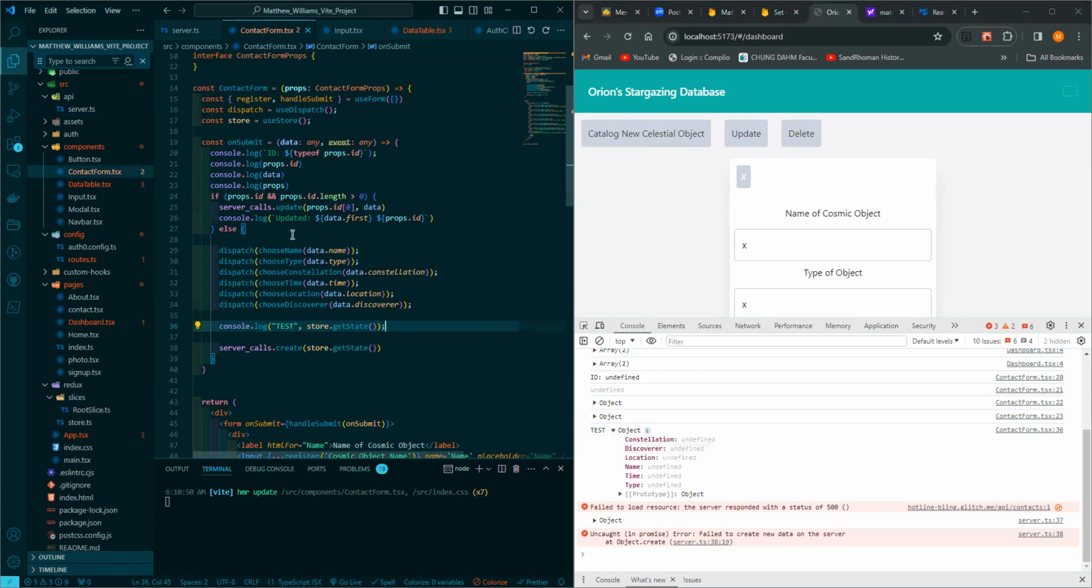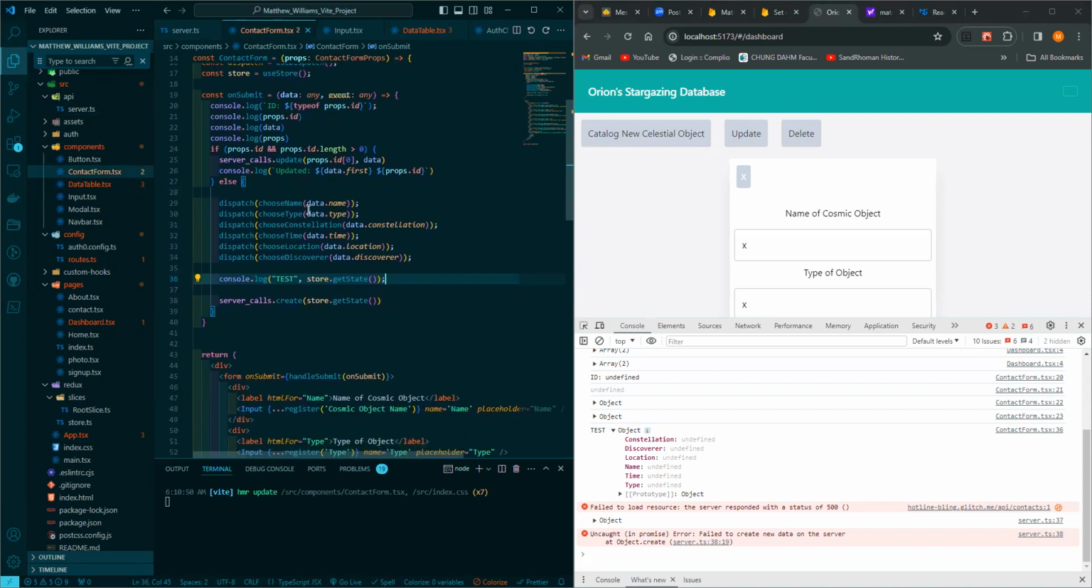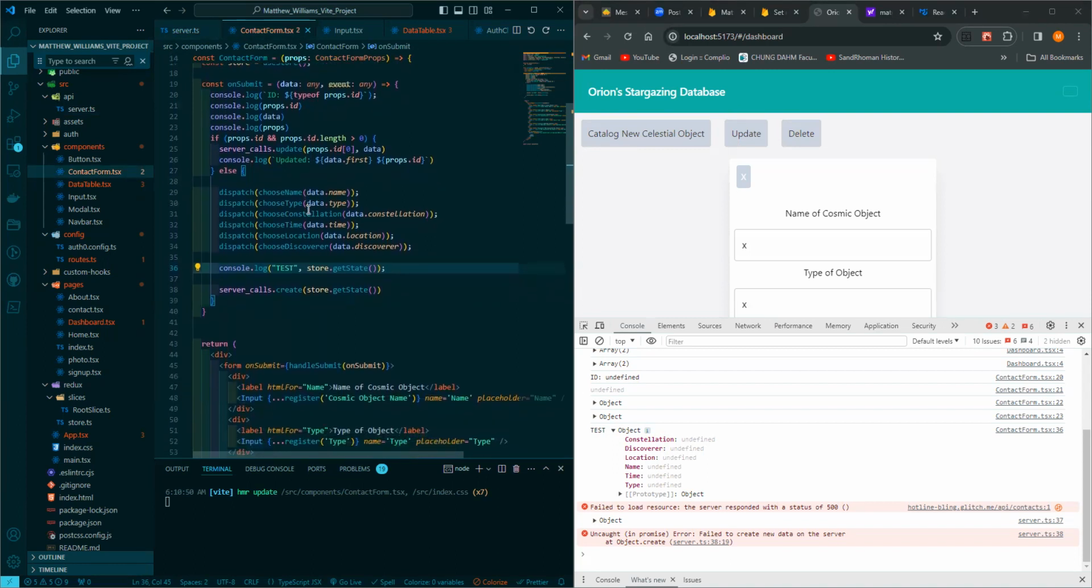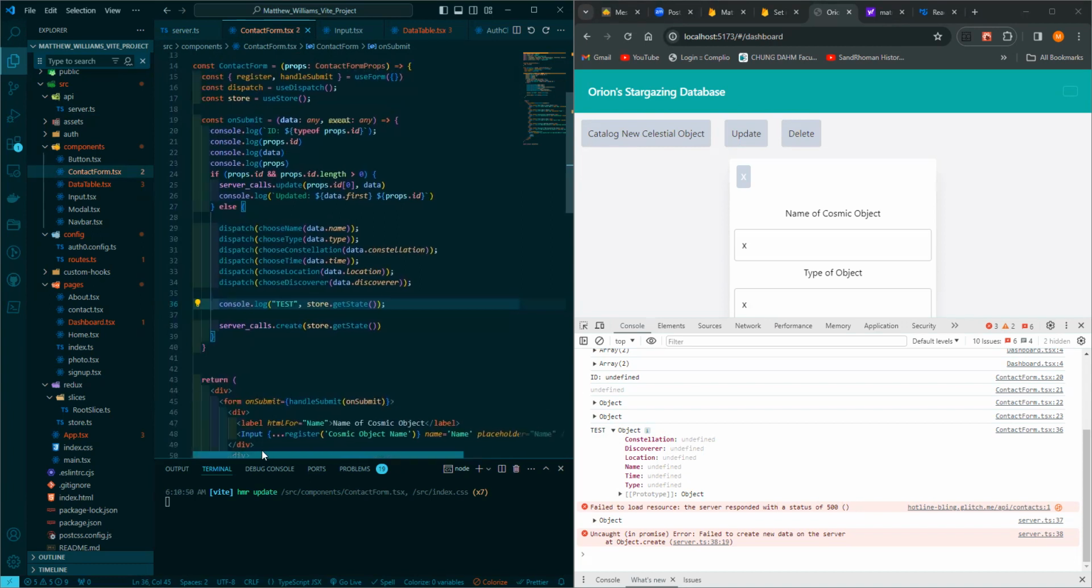But data in this case, again, we want to make sure on submit that the data is being passed properly here. So again, props of ID is undefined. We can see here props ID is undefined. And then the console.log of data here, we can see is also undefined. So it appears that the issue with this one,